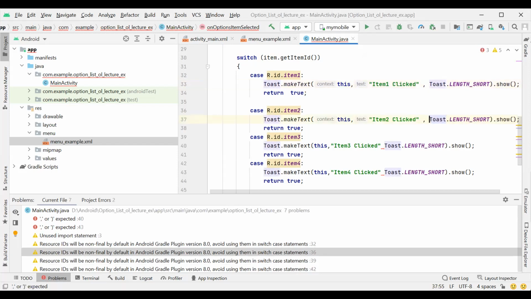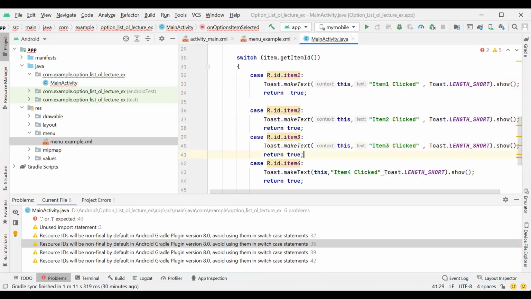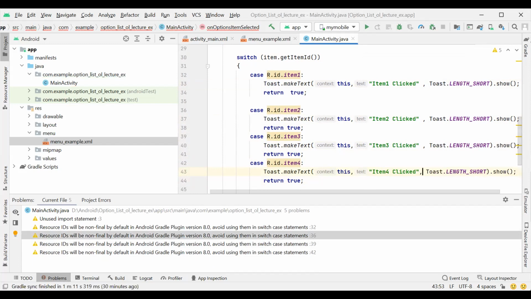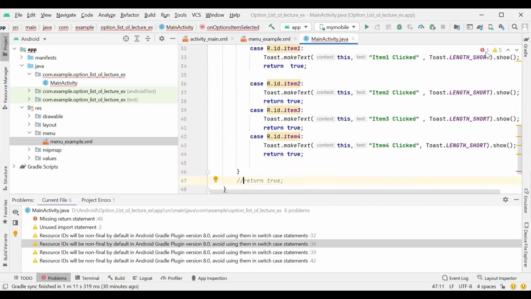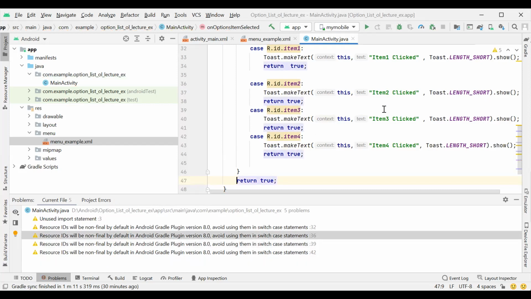Oh, this is the separate attribute, and that is separated using a comma. So all the errors are covered. One error is still there. It requires to return something.